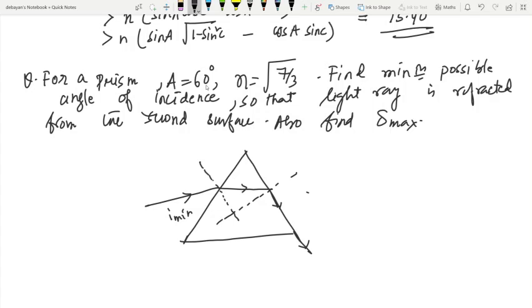This is the I minimum angle, and of course this should be C, so that portion can be treated as A minus C. So in the minimum deviation case, the angles will be as shown. So if we apply